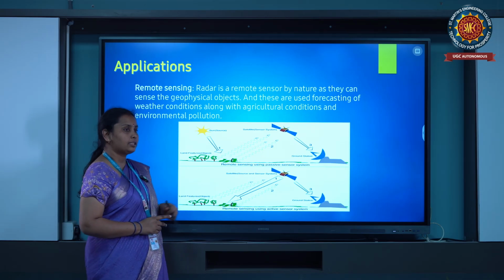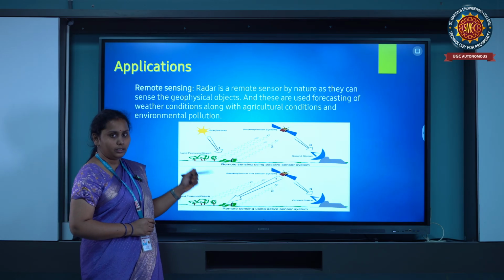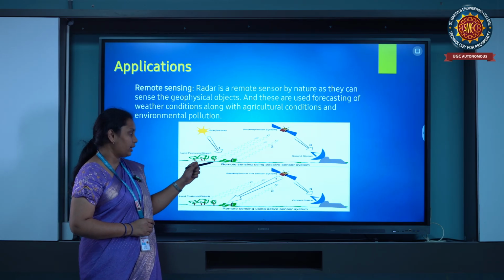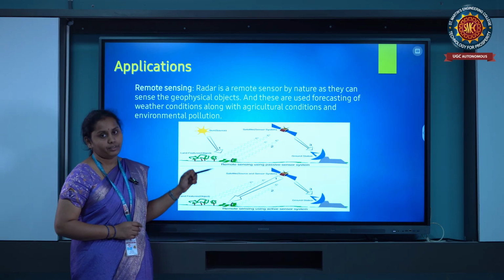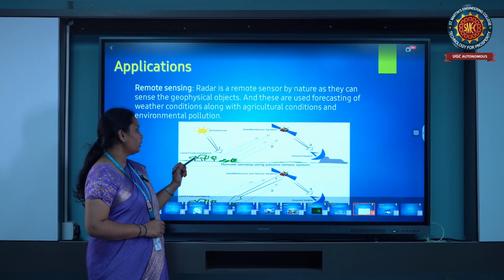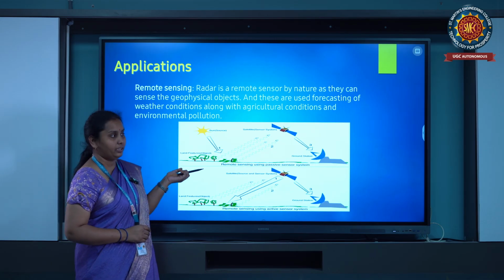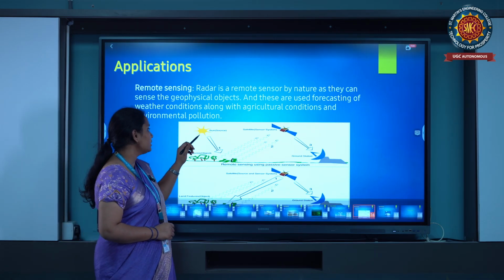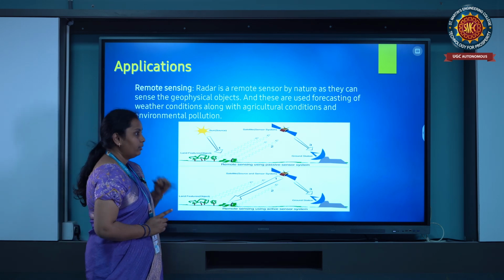If a flood is coming, then we can alert the agricultural fields to be safeguarded. And we can also know the forest area and how it is. And this is the picture of a sensor system of radar.